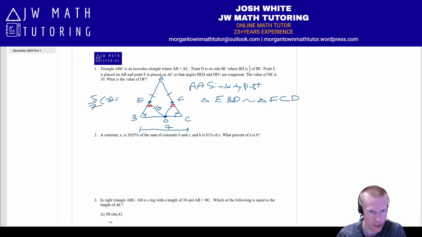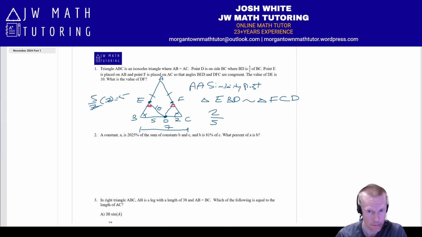5/7 of 7 is just 5. So this thing right here would be 5, and this over here would be 2. So the whole key here is now we have the scale factor between the two triangles. Basically, they're in a ratio of 2 to 5. If you look at the small one, the side is 2, to the large side is 5,